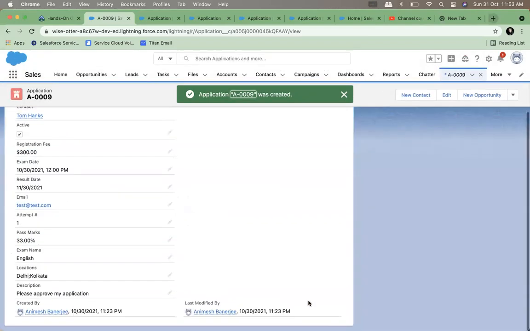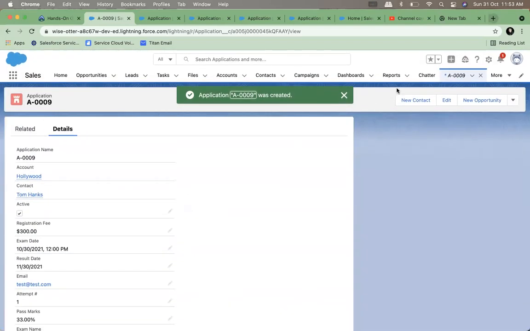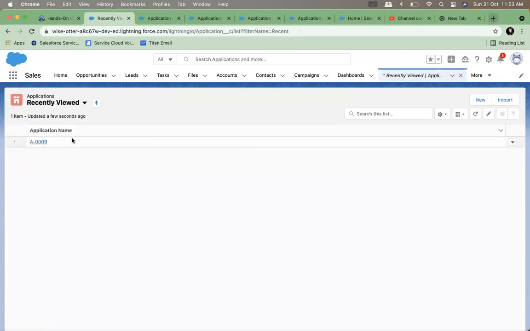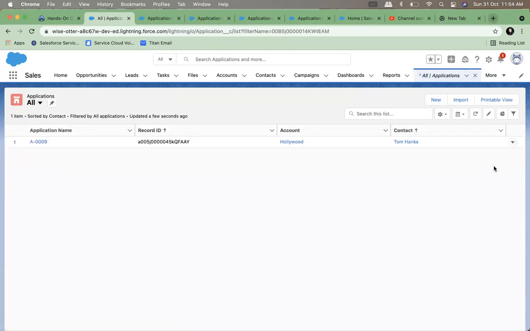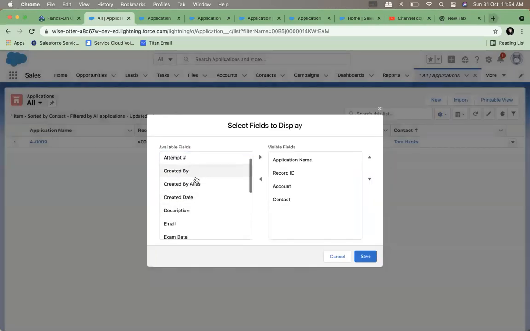This creates the whole one record in this table. You see, this is the one record. You can go to the all list view, and you will see all the records. You can add this into this view.